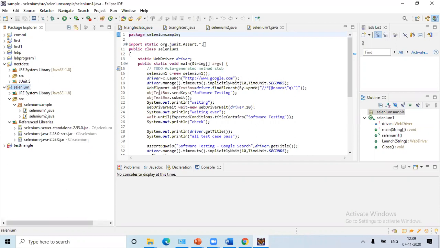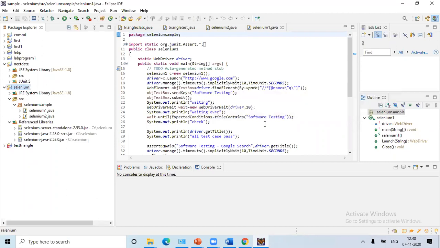Okay. After that, what we are going to do is the object text box. In google.com, that is a text box, right? In the text box we have to type, and only if we give search or enter will it search. So for the text box, I have created one variable called WebElement, the object text box.